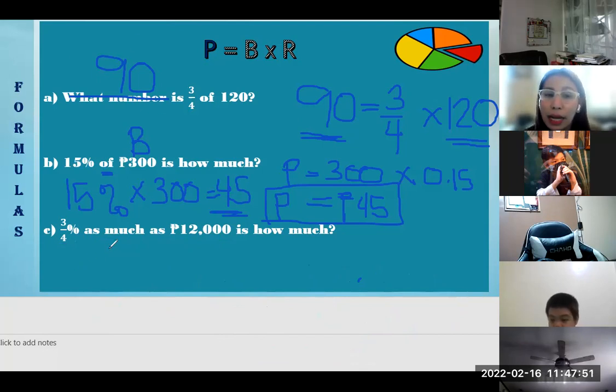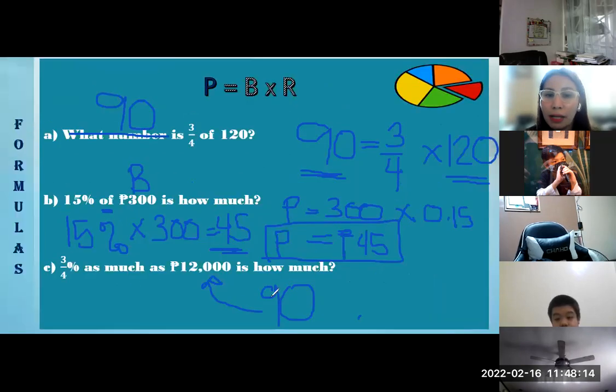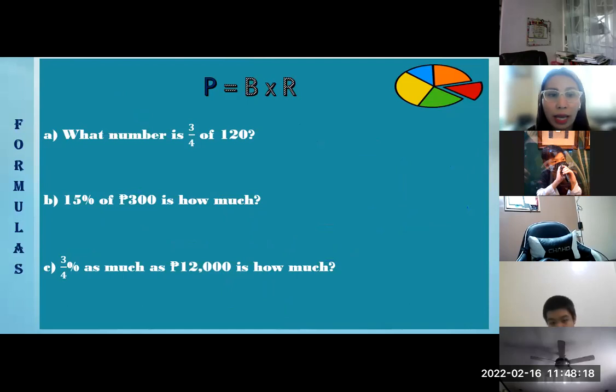So, 3/4% as much as 12,000 is 90. Therefore, 90 is only 3/4% of our 12,000. Ayan, mas maliit po yung percentage. Okay, 3/4% as much as 12,000 is 90 pesos. Okay, 90 pesos lang po. 90 pesos is just 3/4%. Okay. Next, let's proceed to